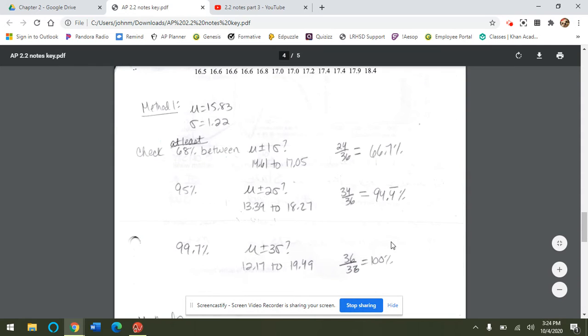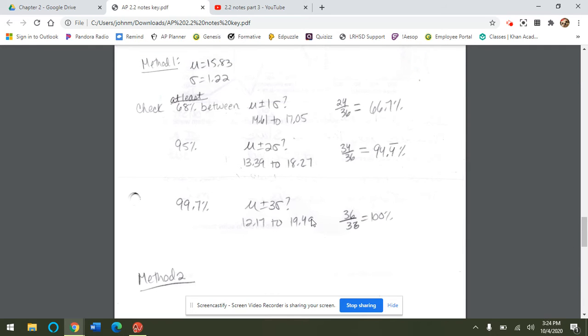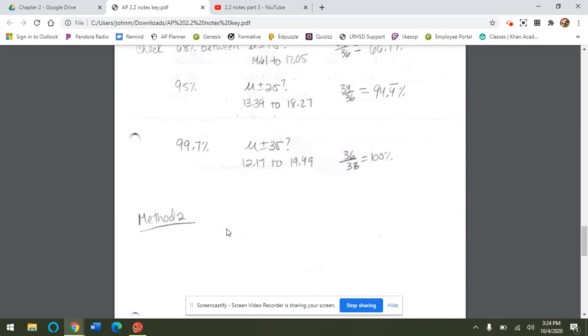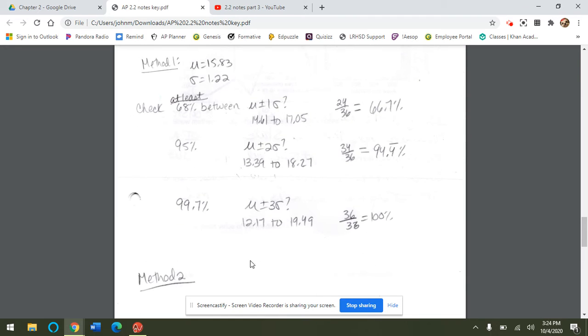It's pretty great. Okay. If we go a 3rd standard deviation, subtract 1 more, add 1 more. All right. If you look here, this actually covers every single number, 36 out of 36. So it's 100%. That's why I wrote these are at least 68%, at least 95%, at least 99.7%. So I didn't write down my final answer, but my final answer would be, yes, it appears as though this